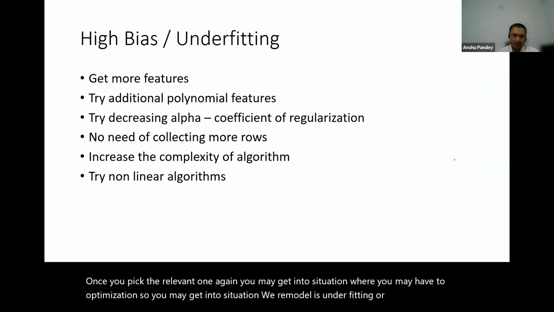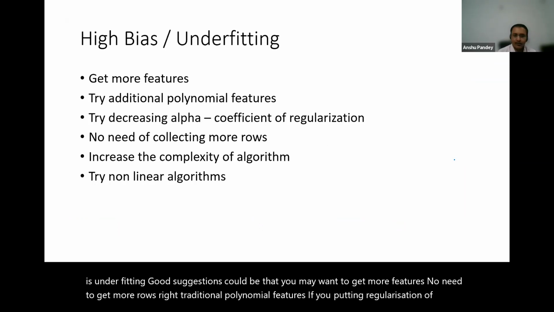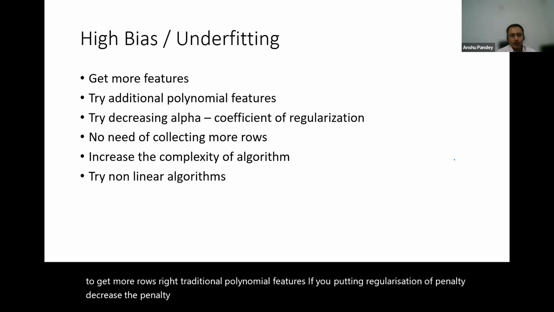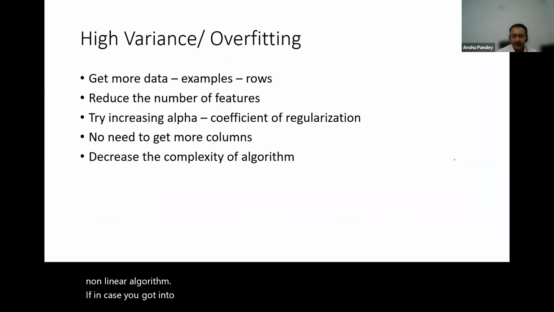When it is underfitting, good suggestions could be that you may want to get more features. No need to get more rows, right? Try additional polynomial features. If you're putting regularization or penalty, decrease the penalty coefficient, increase the complexity of algorithms, or try more nonlinear algorithms. If you got into the situation of overfitting, get more rows,